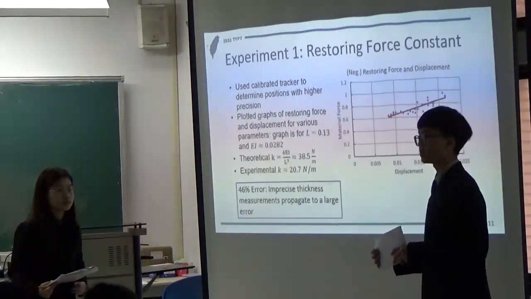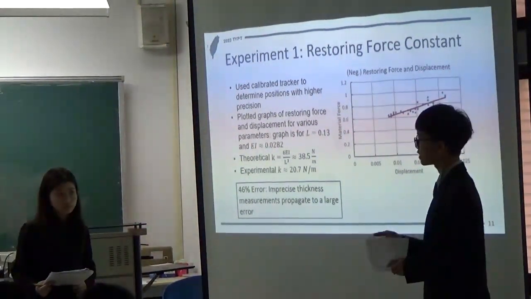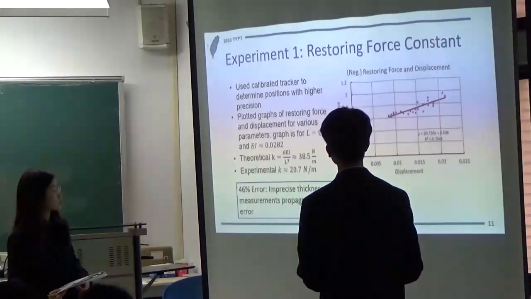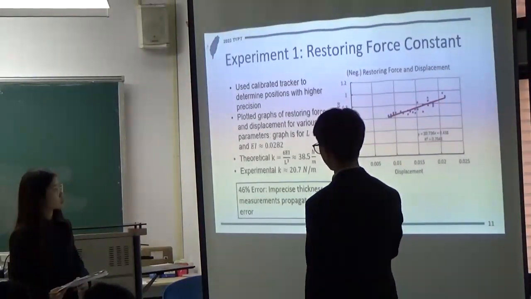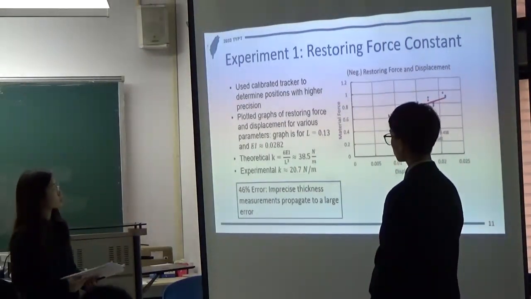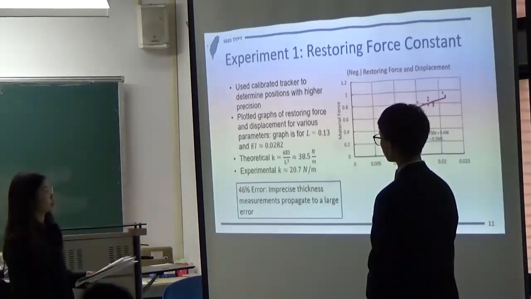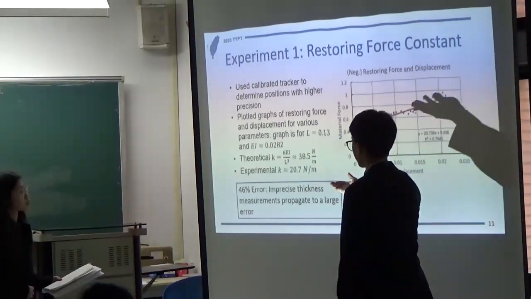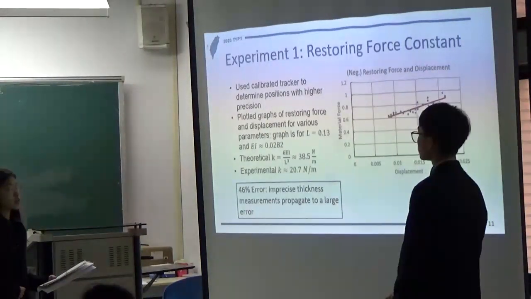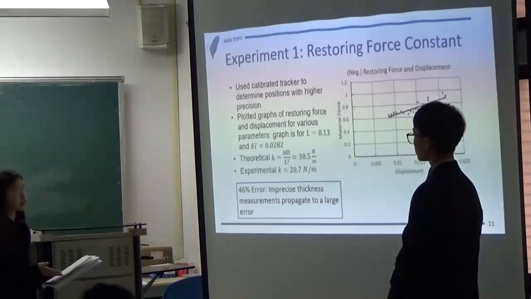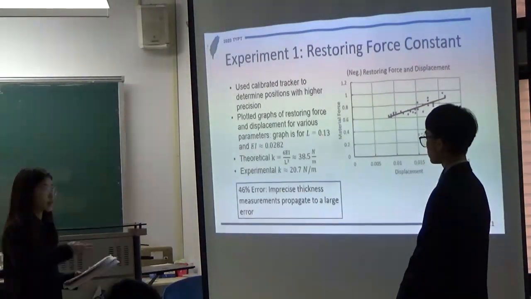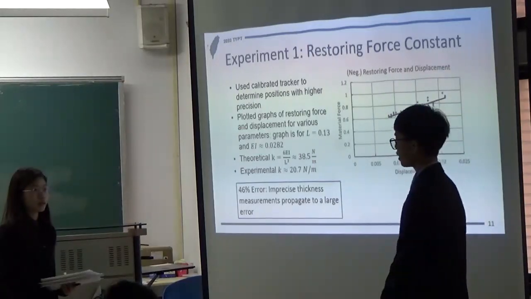Oh, the opponents think that the materials should still be considered. And can you explain why you still use the data from this fitting constant, even if there is 46% error? Why is there such a big error and you still use the number that you got from the fitting constant? I don't use the number I got from the constant. The whole point is just to see a sort of trend. It doesn't really matter as to the exact number. We're just looking at the trend that the law would follow. Okay, I agree with the explanation.